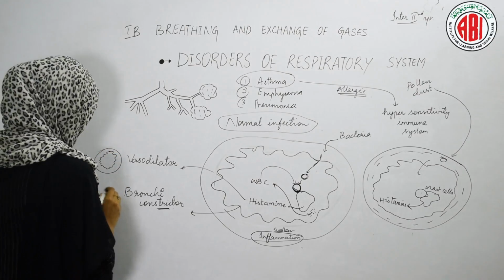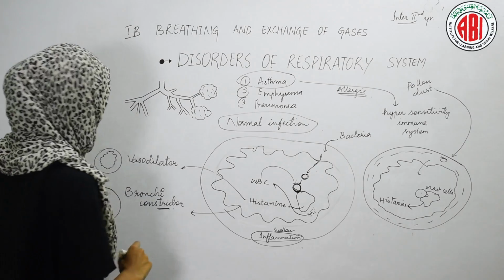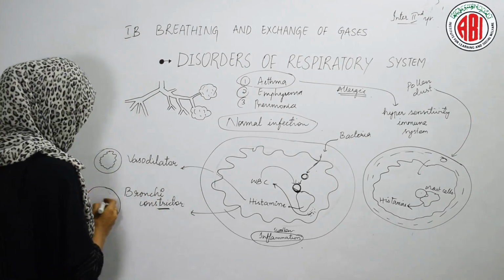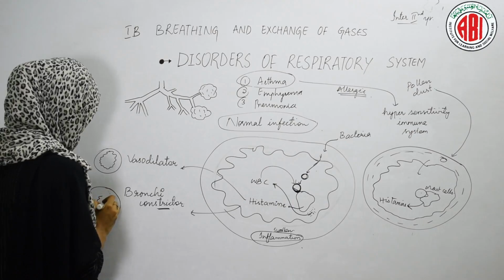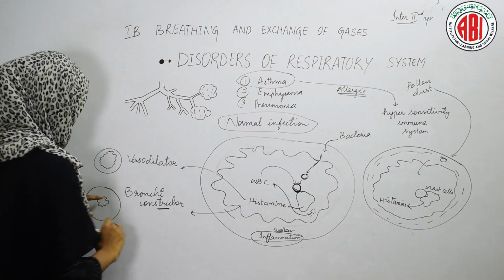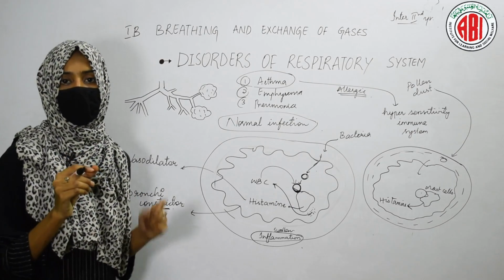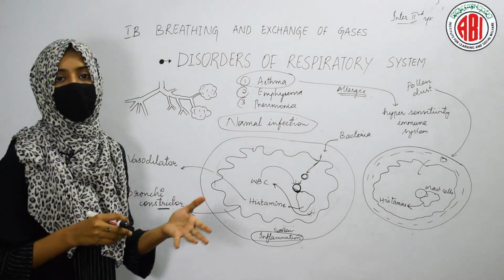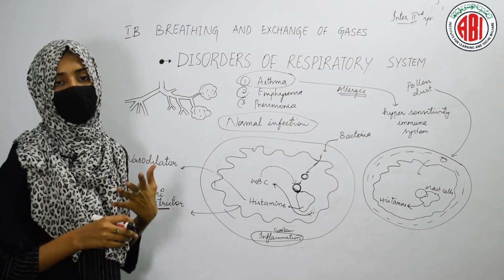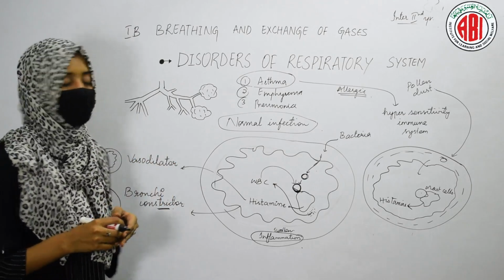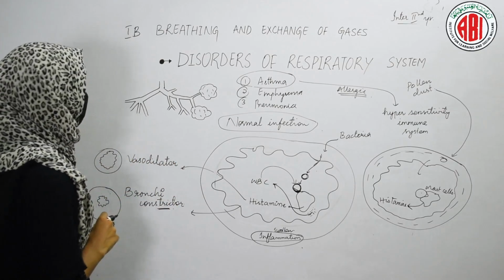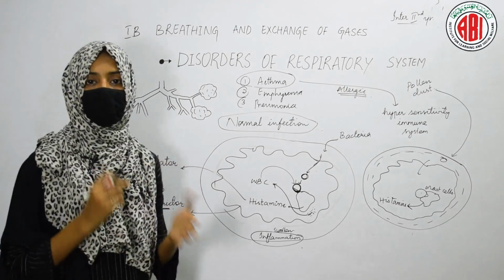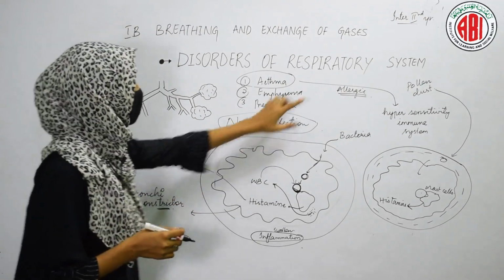Now, bronchi constrictor means the walls become enlarged, inflammation, swelling of the wall takes place, due to which the air space of the trachea and bronchi becomes so short that the person cannot inhale and exhale the air easily, cannot inhale and exhale the air in a proper manner. So this is how the breathlessness or the difficulty in breathing occurs due to this allergic reaction.